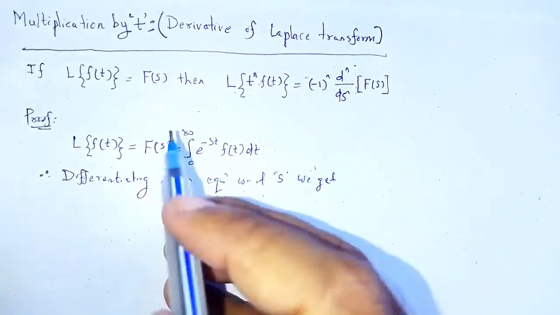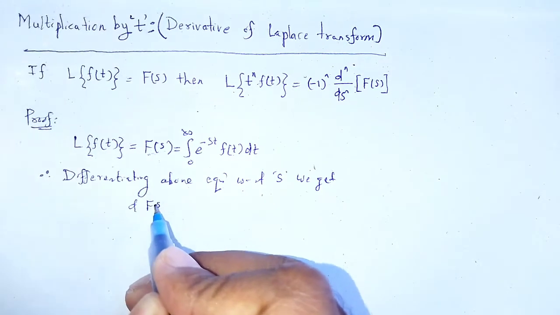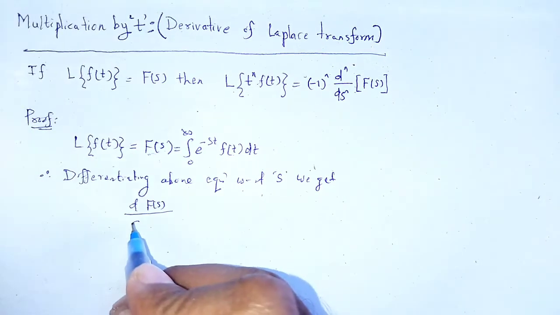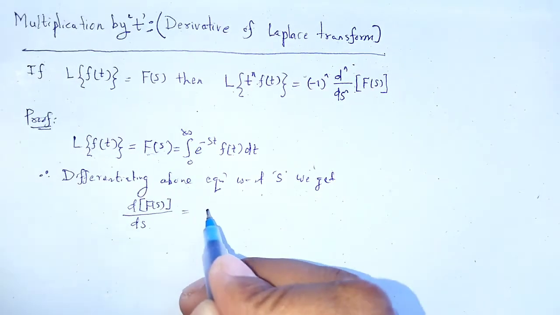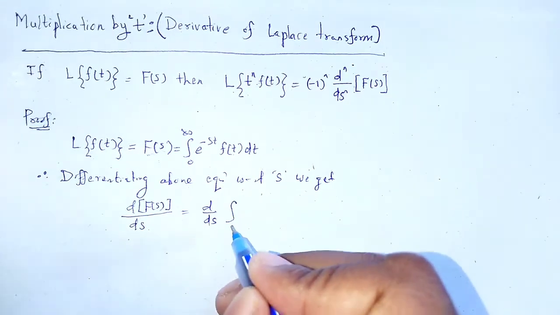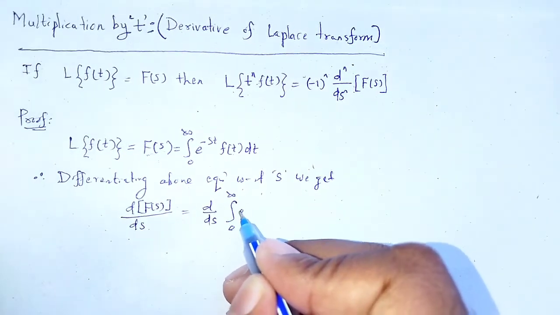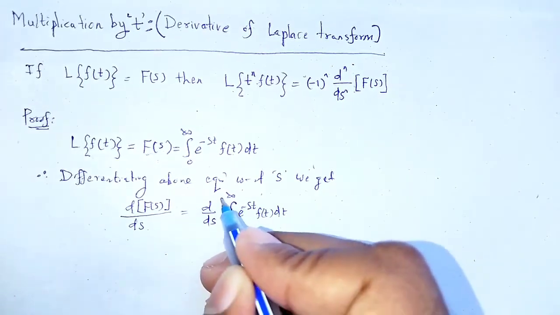We get dF(s)/ds, which is equal to d/ds of the integral from 0 to infinity of e to the power minus st f(t) dt,